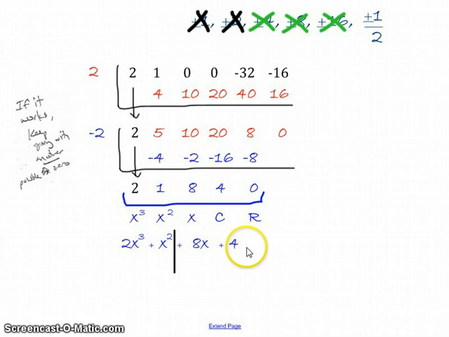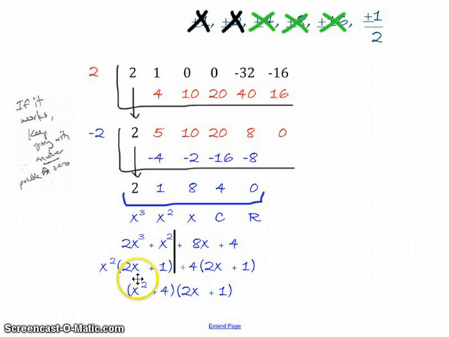The left side, I can factor x squared out. The right side, I can factor 4 out. And I'm left with x squared plus 4 times 2x plus 1. Okay, so if 2x plus 1 were equal to 0,